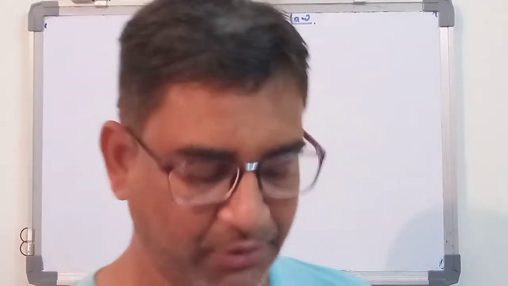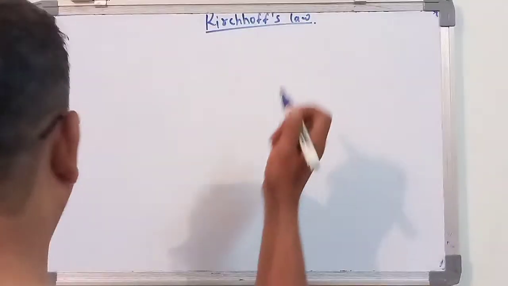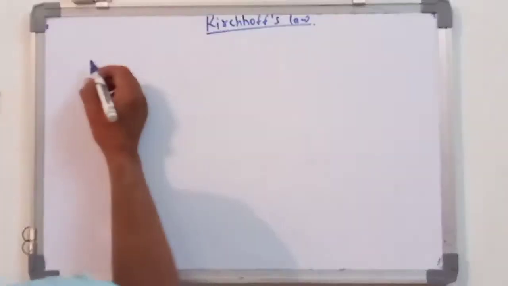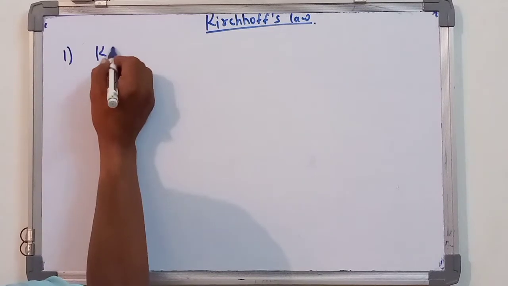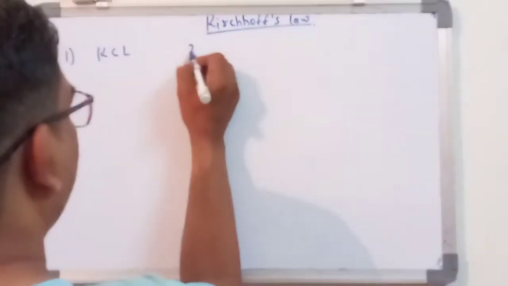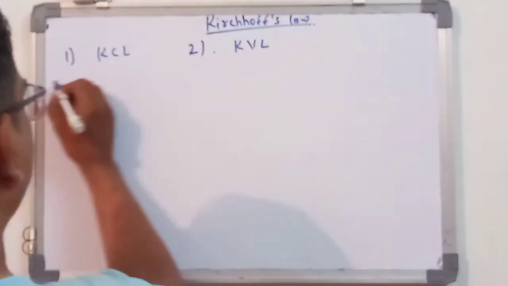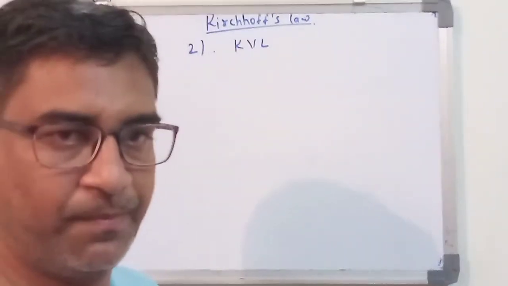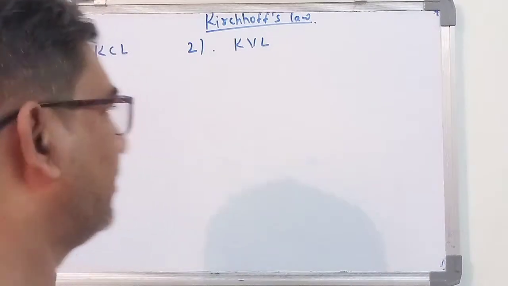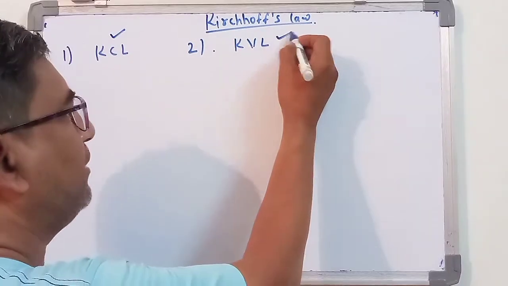You use it when the circuit has two voltages applied to different branches, or an unbalanced bridge circuit. The first law you have to study is KCL, and the second law is KVL. These are the two laws you have to study in detail. Very first we will start with KCL, and second we will start with KVL.